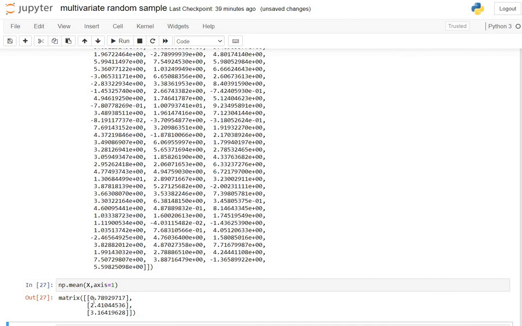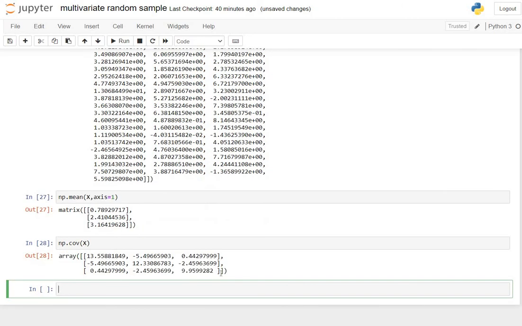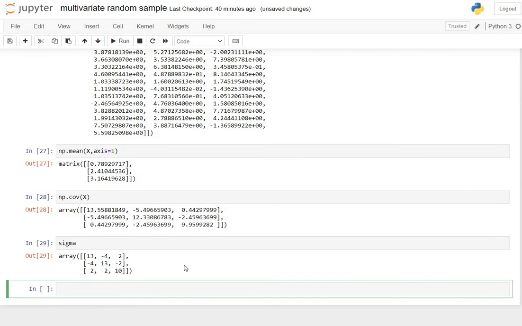Our original mean was 1, 2, 3, and now we are getting 0.78, 2.41 and 3.16. If we increase the sample size, surely it will approach the original values of mu and sigma. And similarly for the covariance matrix, we can see this matrix and our original sigma. So in this way we can generate random samples from multivariate normal and standard multivariate normal distribution.